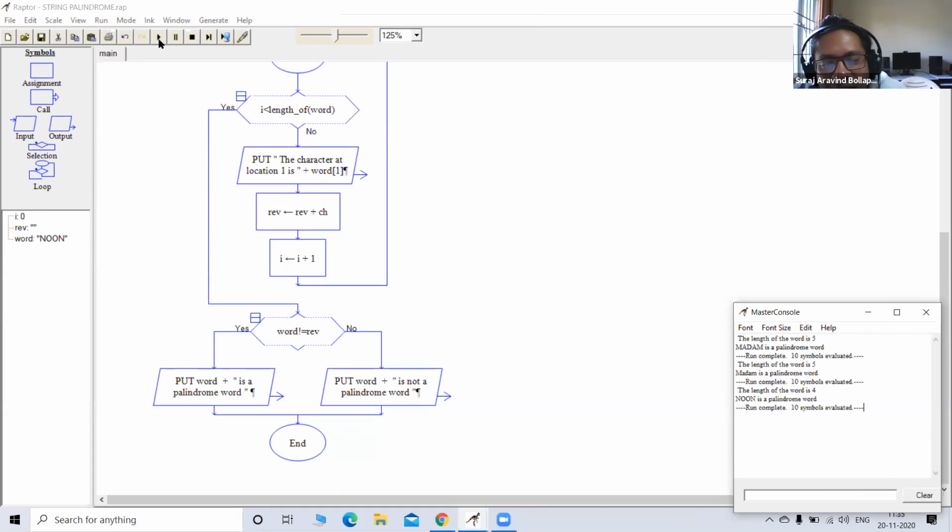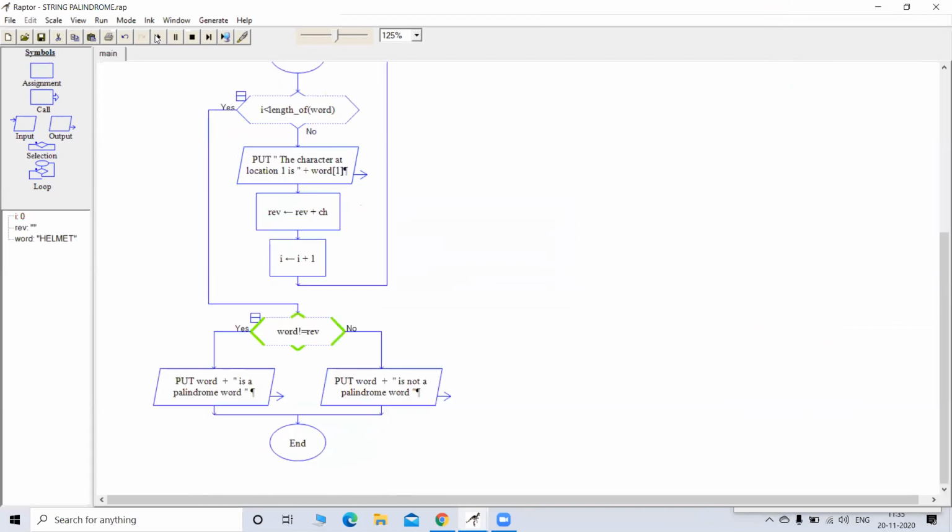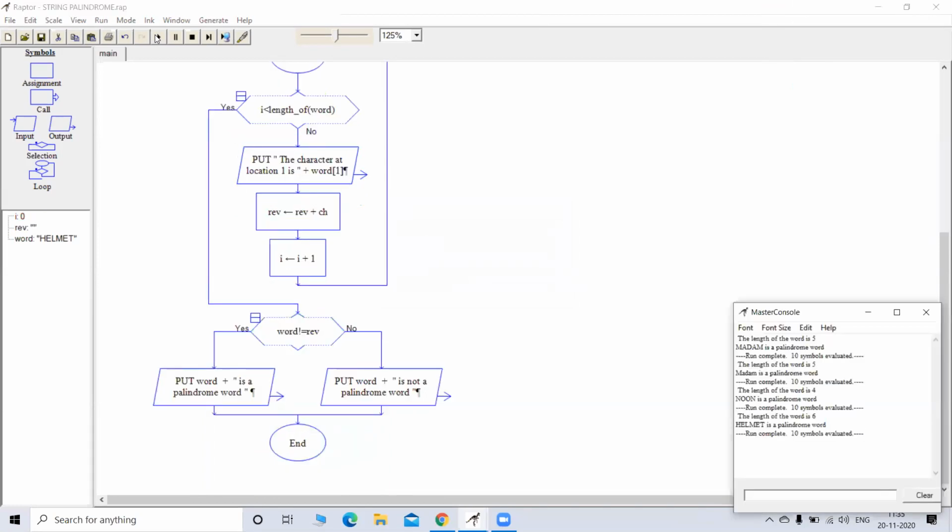Now let us test for a word which is not a palindrome. Okay, so a non-palindrome also it is saying palindrome. Now give some other input. It is always checking for word not equal to reverse.